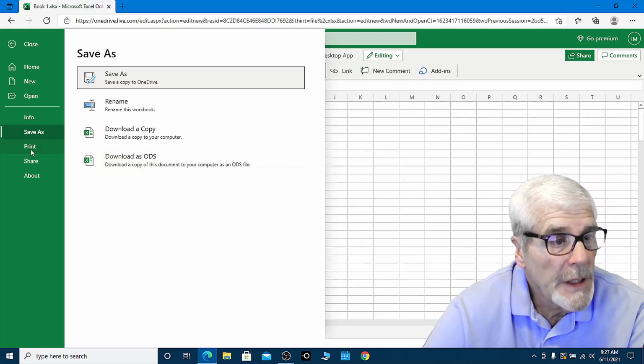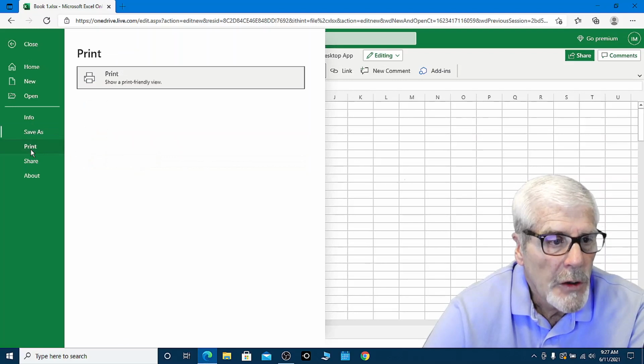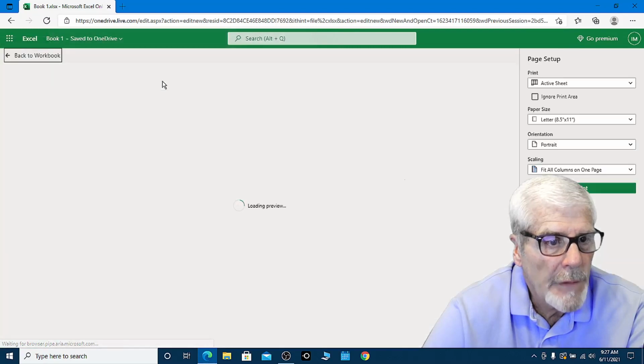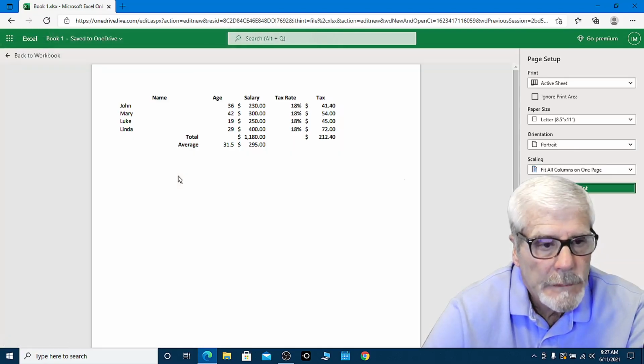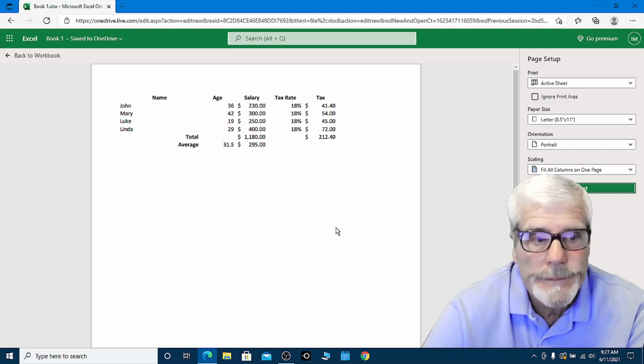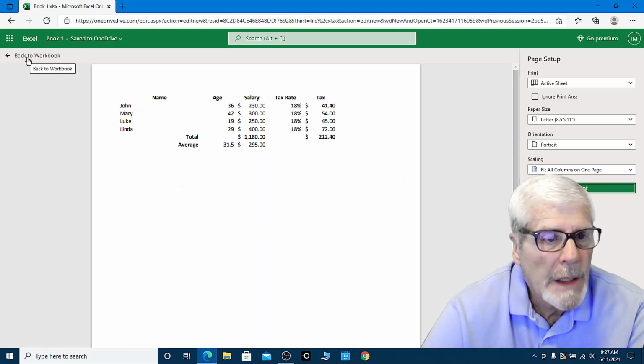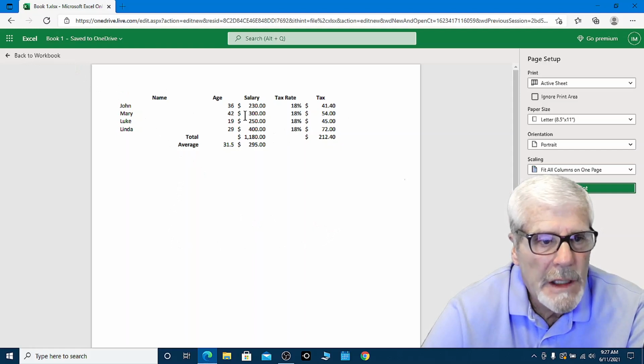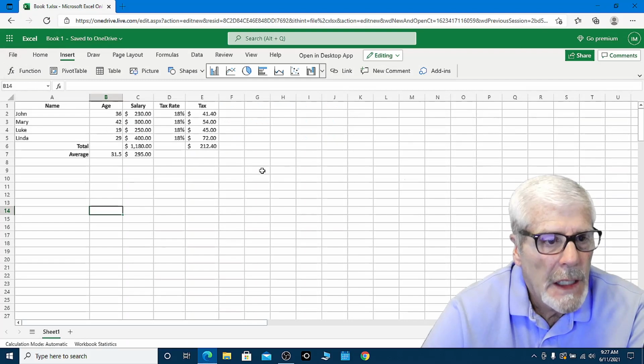You can print from here. If you go to print, here's a print-friendly view. I click on that, and it shows me what it's going to look like. Let me go back to the workbook. You see how it's hard to read here? There's no lines there and so on. And I've shown this before in other programs, but